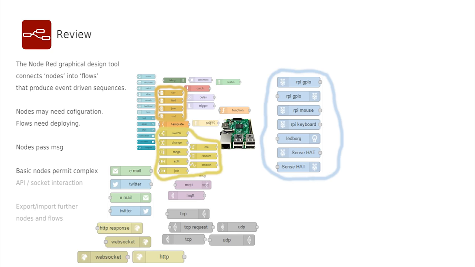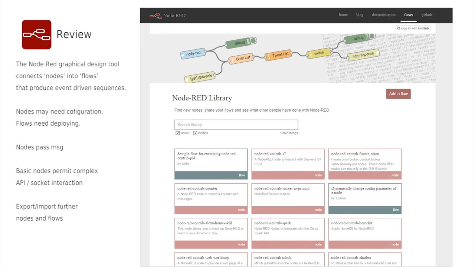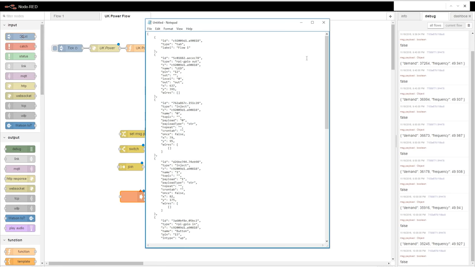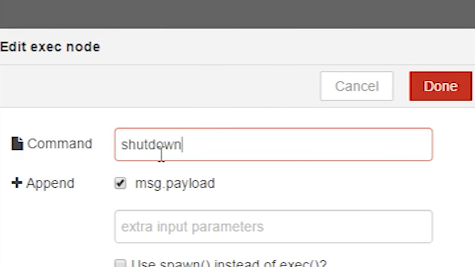Messages can be read from websites or used to generate websites. Messages can easily be sent to messaging systems like email and Twitter. We have seen access to a vast and growing library of other nodes and flows that are easy to access and integrate, and how designs can be imported, saved and exported in JSON. Investigate the wider palette. There are some phenomenally frightening capabilities emerging, and if I were to be a more wicked person,